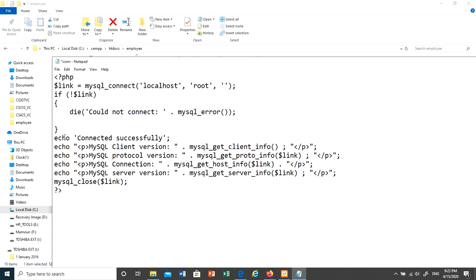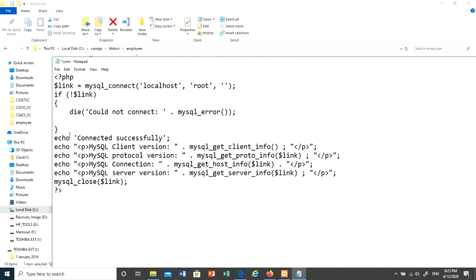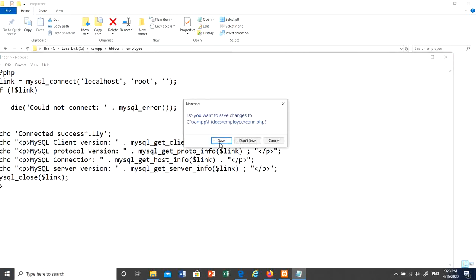Otherwise, else, and here you can put else, or you can leave it without else, because automatically if there is no error, if there is no connection problem, then it will go and tell you that it is connected successfully, and will give you this client information and also the protocol information and the local host information and also the server information, as you will see here in this file. So let me first execute